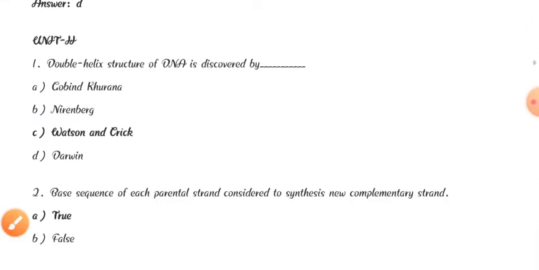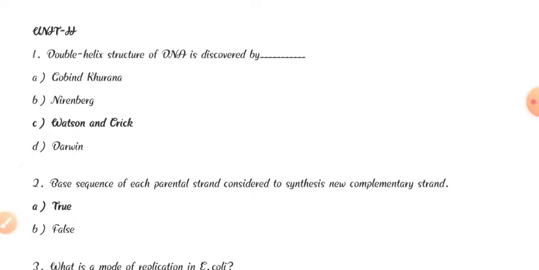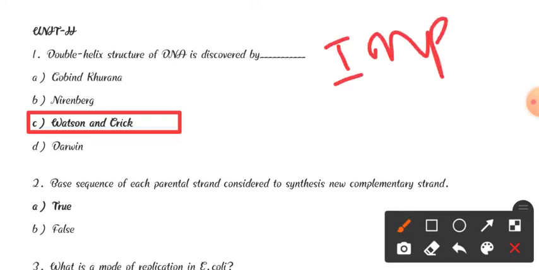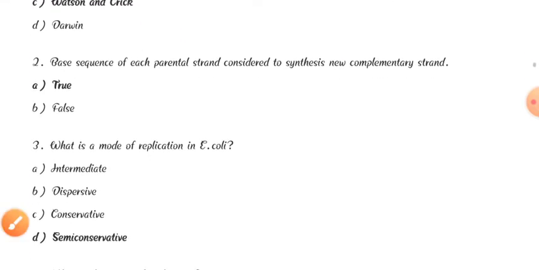Now next question friends, we will discuss Unit 2, that is question number 1, double helix structure of DNA is discovered by Watson and Crick. Very very important from the point of view of competitive exams, this question is also important. Okay, very very important question friends. Okay, so double helix structure of DNA is discovered by, that is Watson and Crick is the correct answer. Okay, if they ask you even in your dreams which scientist discovered the double helix structure of DNA, then Watson and Crick is the correct answer. They also received the Nobel Prize. Okay, now next question friends, question number 2, base sequence